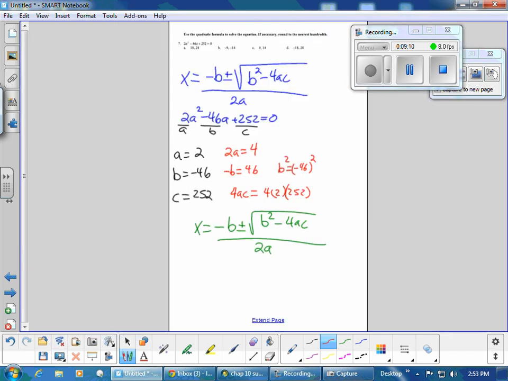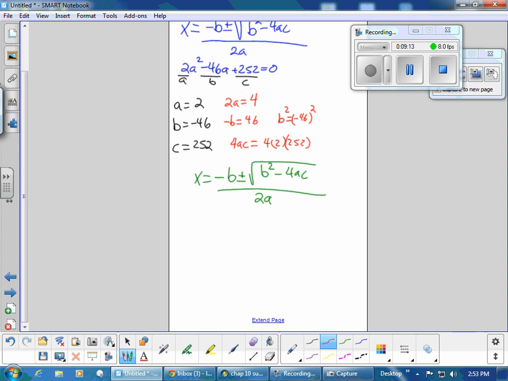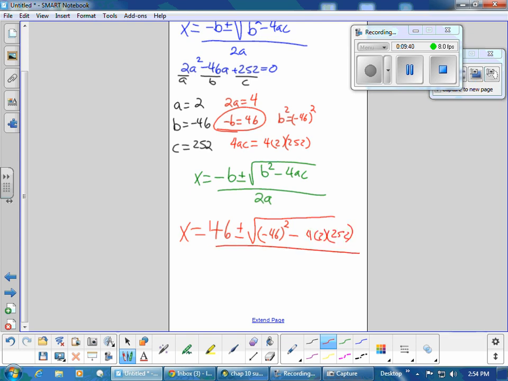Negative b is right here, that's 46. Be careful, 46. Plus or minus the square root of b squared, which is negative 46 squared, minus 4ac, which is 4 times 2 times 252, all over 2 times a, which is 4. So you'll have to figure this out on your calculator, and what you would get is